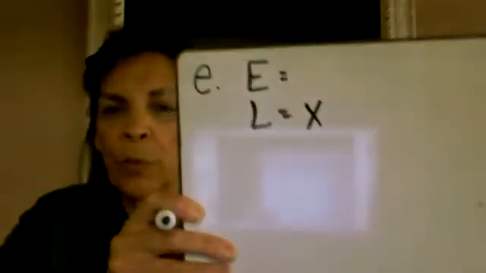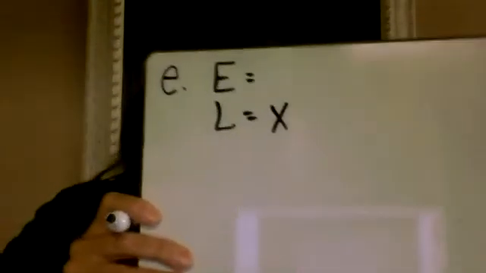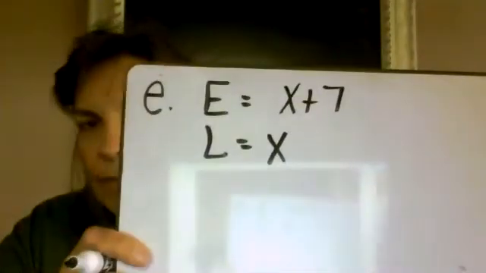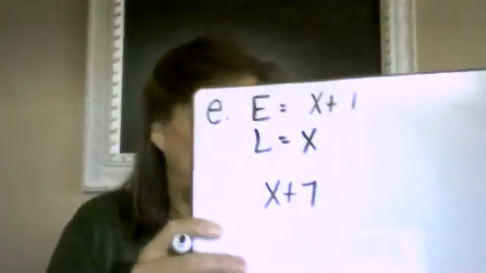So we're going to let Lauren be our x. That's what we're looking for. That's what it's asked for. So if Lauren is our x, we know that Elizabeth, it says, is 7 years older. So let's put Elizabeth 7 years older than Lauren. Now let's read it again. Elizabeth is 7 years older than her sister Lauren. Elizabeth, 7 years older,